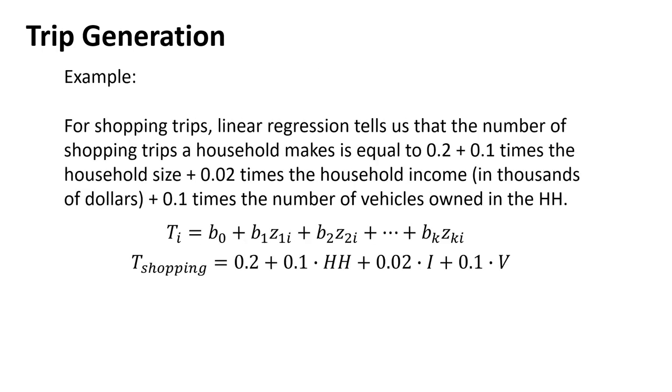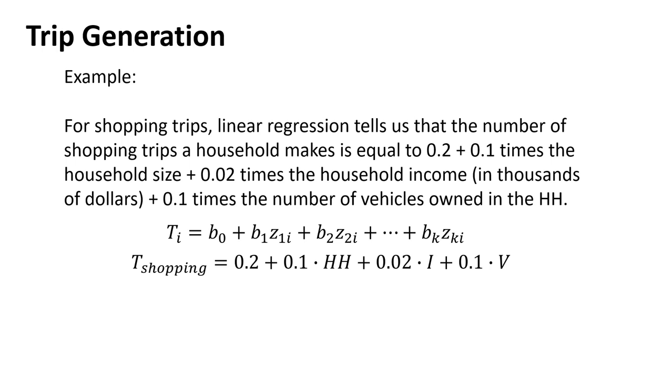All right, so if we look at shopping trips, we did some linear regression. We had a study out there. We asked people to track the number of trips they took for a week, and then we came in and analyzed all that data. And this is the equation we came up with. The number of shopping trips per day for a household is equal to 0.2, right? So that's just our constant, that B naught. And so that's 0.2. And then people make